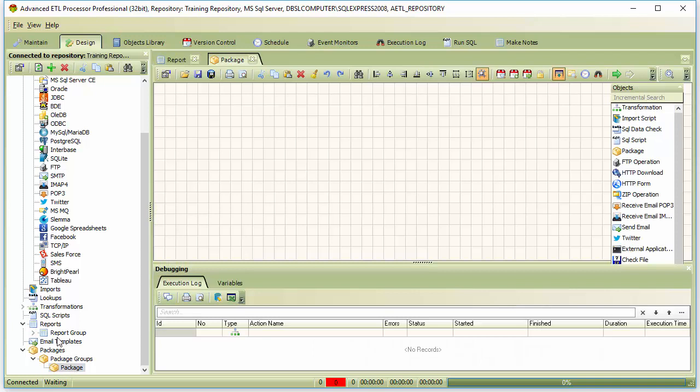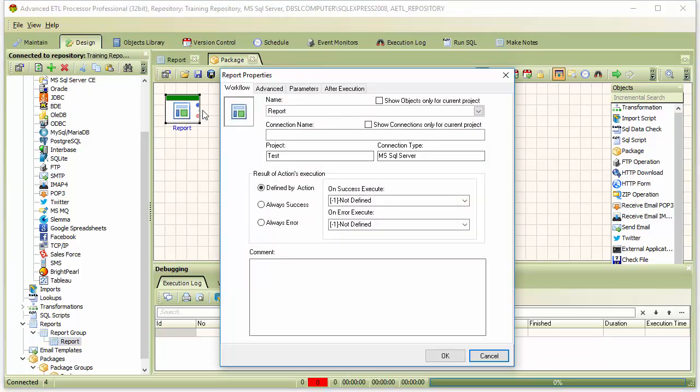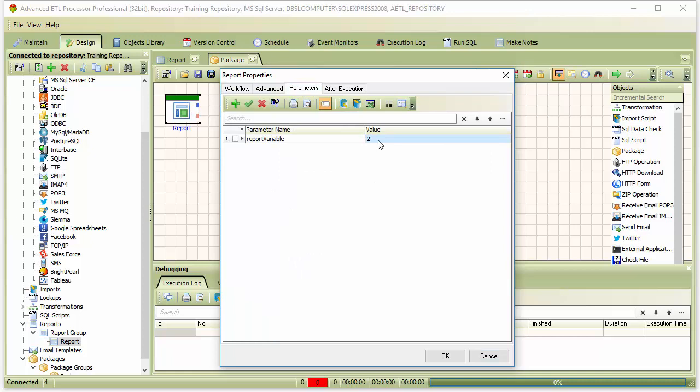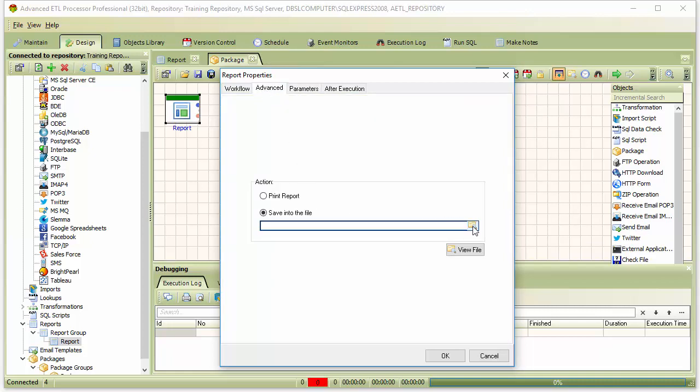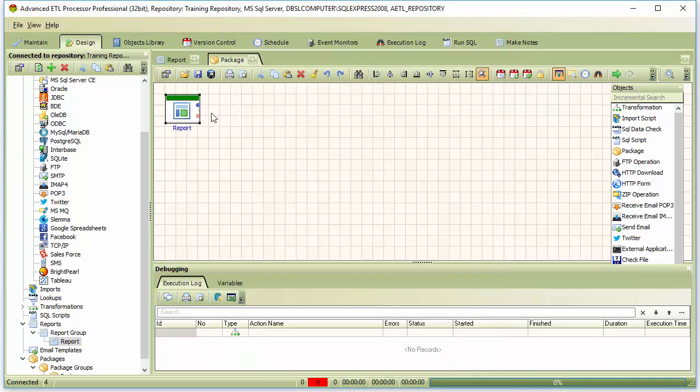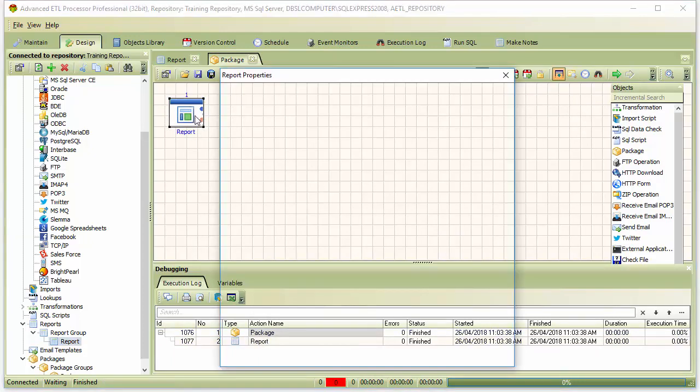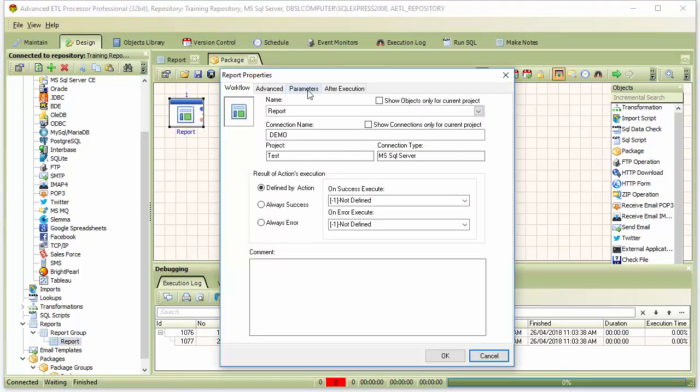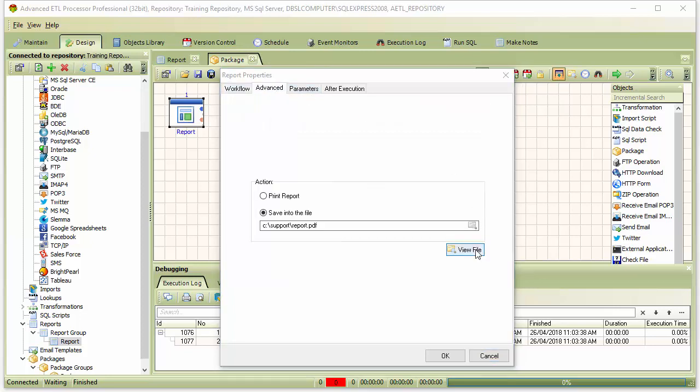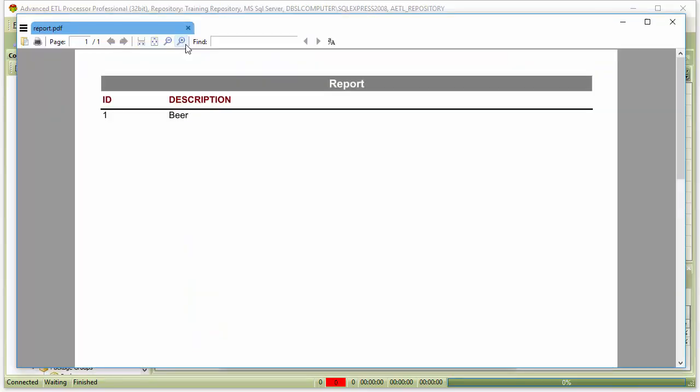Let us run the report from the package. Report parameters. Let us save the report as PDF file. Ready to run. Here is the file. As you can see, the parameter was applied to the report and it was generated for